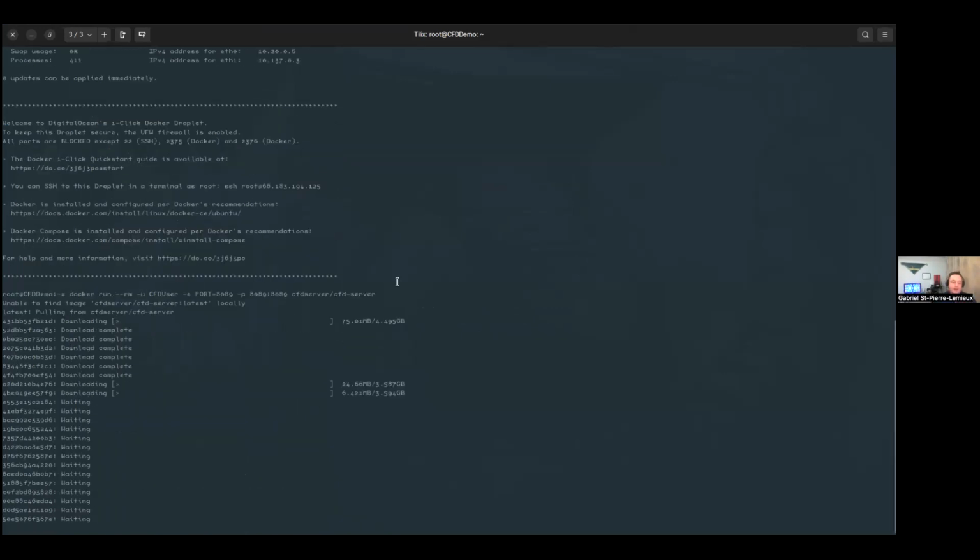So I enter the line, it returns, and it downloads everything. It's about 30 gigabytes because it's a whole machine, with drawing software, with CFD software, with our software that we just made. So it takes a few minutes. I already have one installed